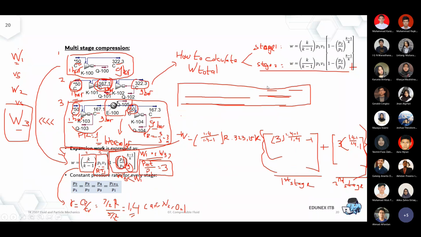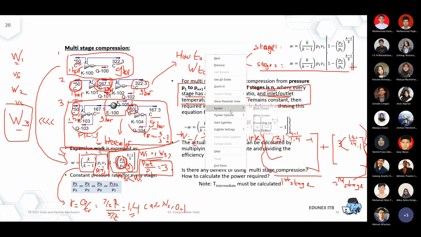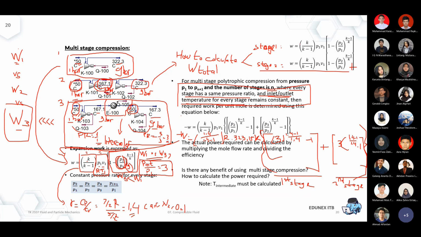Okay, so for the without intercooler, the second approach is without intercooler. K, that's still the same. It's the gamma for the adiabatic process. Okay, that can be substituted into RT1, and for the second stage now it becomes RT intermediate. Okay, and then how about pressure ratio? Now it becomes 3 and it also becomes 3.